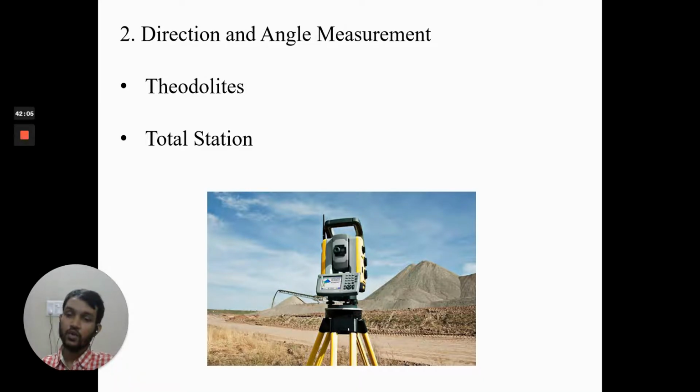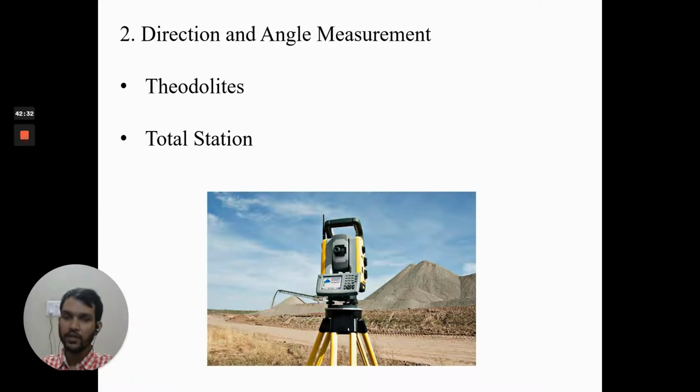So a total station has almost no shortcomings. It can be used for almost all the distance and vertical angle measurement techniques. It even does the trigonometric calculations and displays the results electronically. You just need to learn how to operate it, and you will get to know that once you go on the site and try to operate it, because from instrument to instrument a few things change.